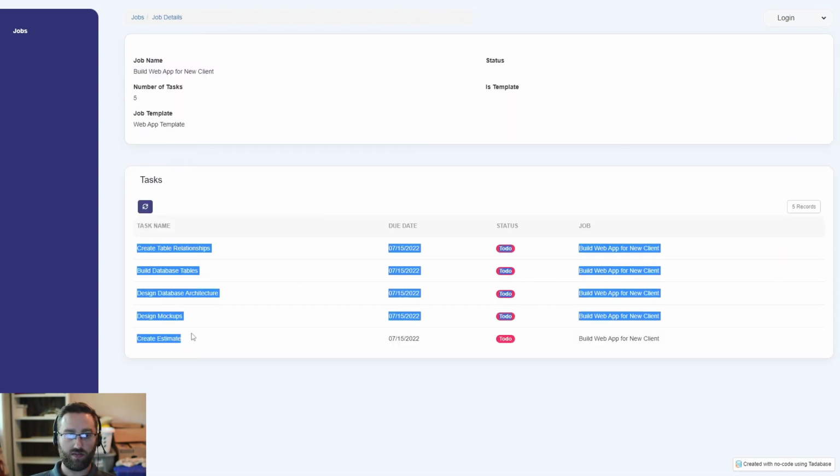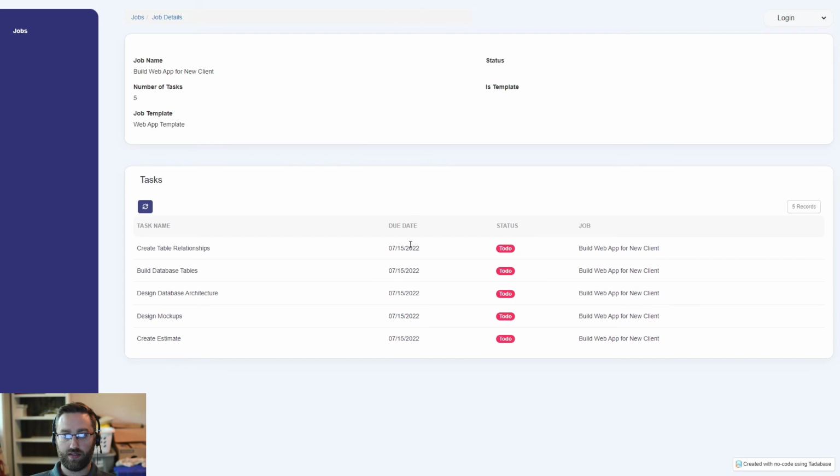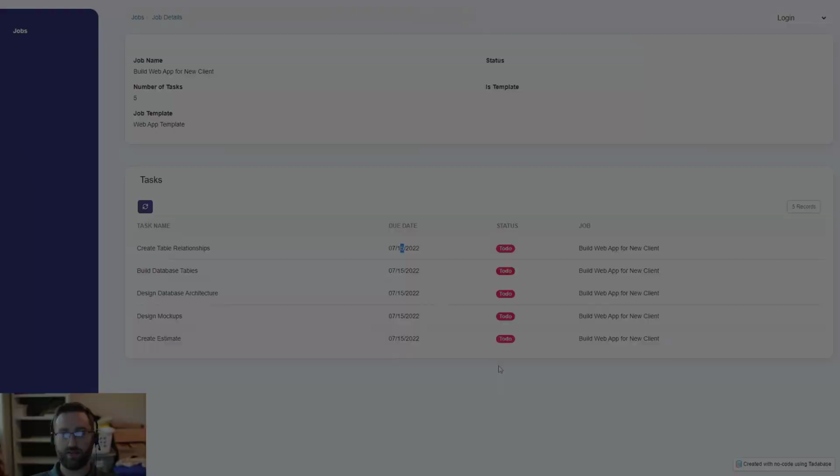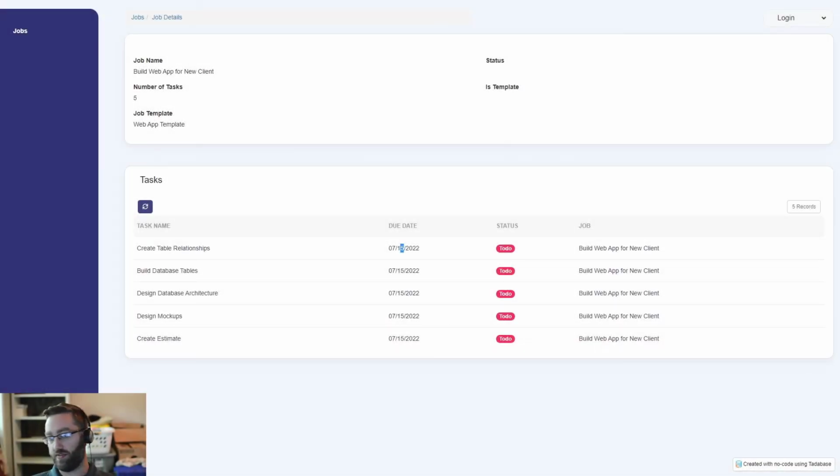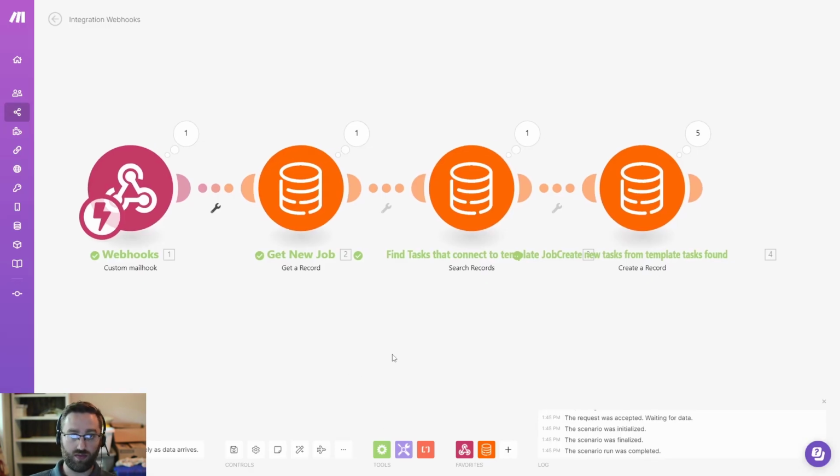And it has all 5 tasks. And if you notice the due date here, so today is what's today? The 7th, I think. The 8th, here we are with a due date of 7/15. Okay, so that's about it for that, I guess. So that pretty much accomplishes everything that we want to do